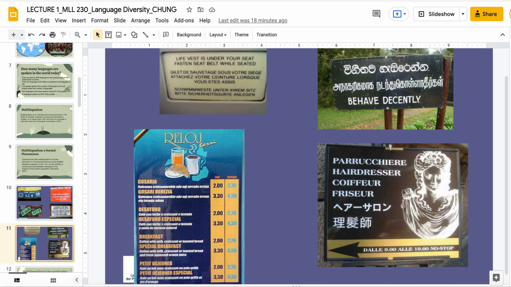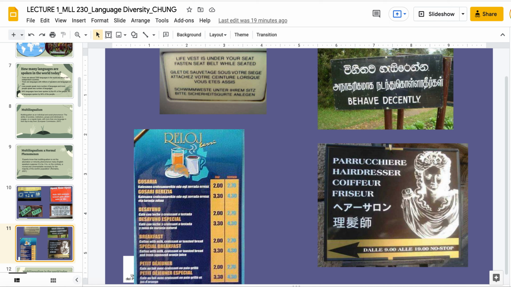Same thing here. If you fly in an airplane, or if you just read the back of your shampoo bottle, you'll see that things are translated in both Spanish and French. That's because they want a wide variety of speakers. They want to reach a lot of people. So if you're going to sell to North America, you better have things in English. You better have things translated in Spanish, also in French, right? And so this is a good sign to see what the linguistic communities around you are, right?